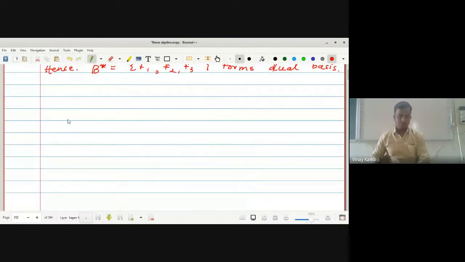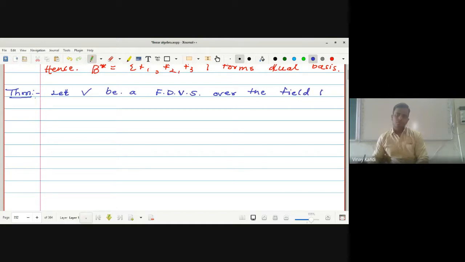Okay, let capital V be a finite dimensional vector space over the field F. Okay, हे statement प्रत्येक theorem ला common आहे. Let V be the finite dimensional vector space over the field F, and let